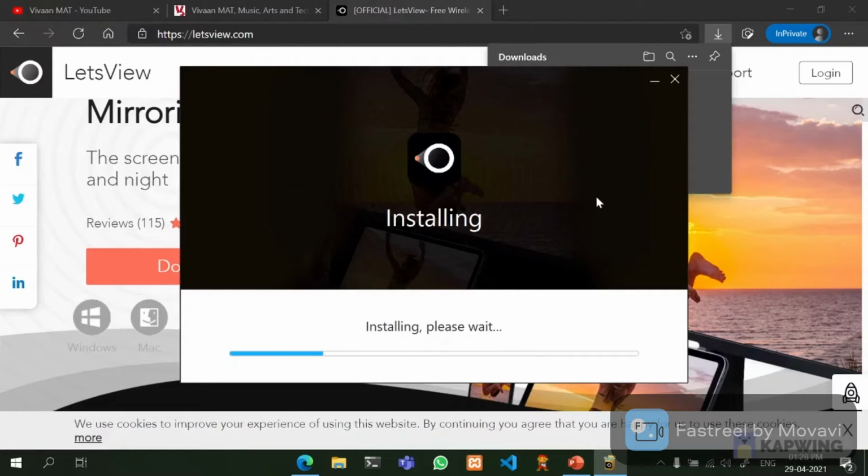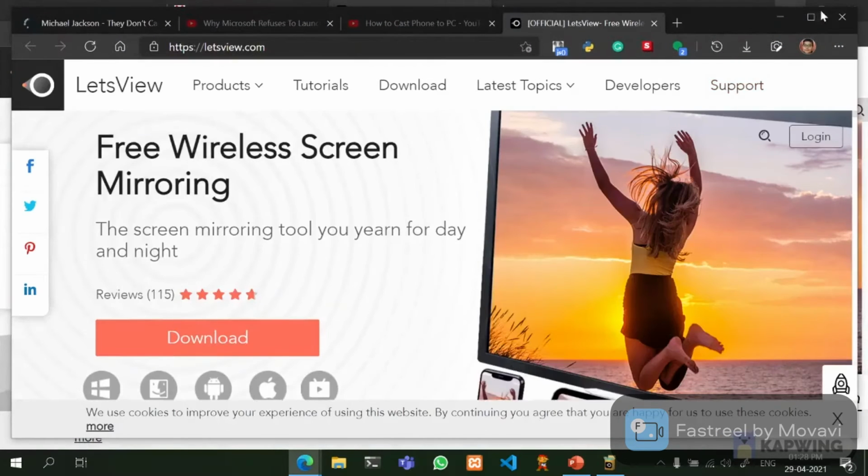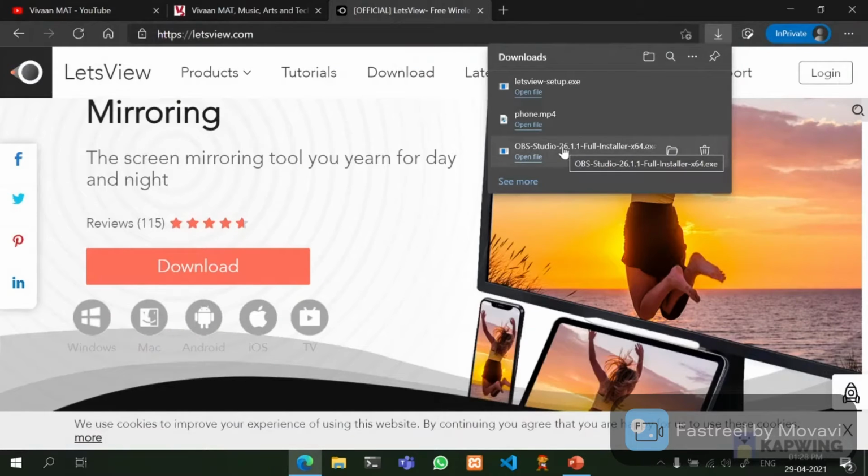It will be installed very quickly as it is a very light application, very good application, and it's free. There are many applications that are paid, but the Let's View application is free. And the only reason why I am using the Let's View application to cast my phone to my PC is that it's free.